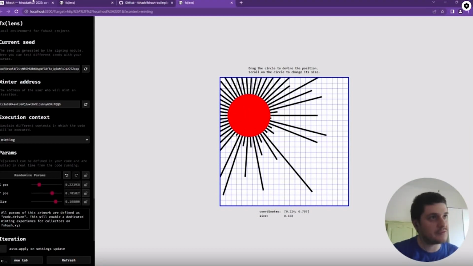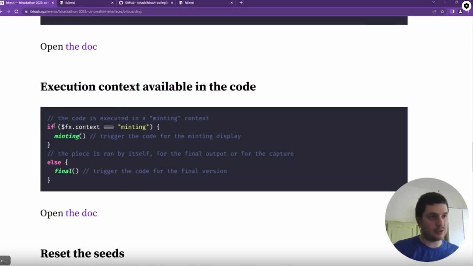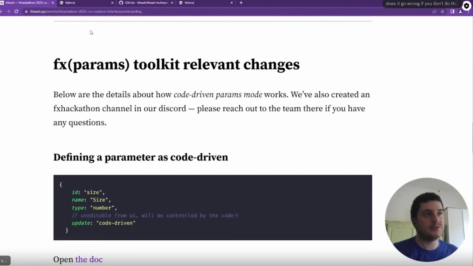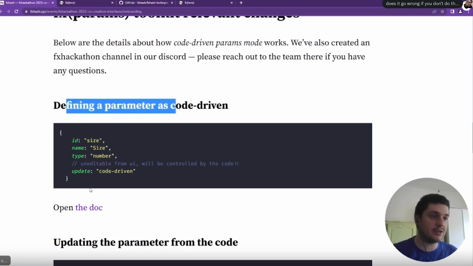Yeah, I think that's about it for this new bit. The next one that I want to talk about very quickly, because it's super straightforward, is the context. And by the way, if you go to this hackathon page that you can find on the homepage of the main website, for every section we have linked to the relevant documentation. So if you want to learn a little bit more about,